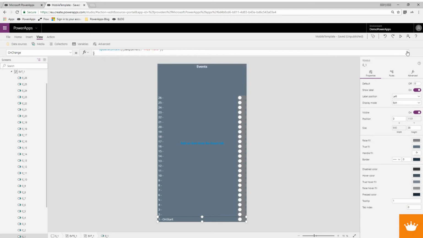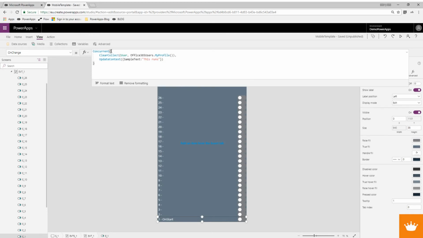Now let's change the formula. Let's look at the total formula because it's small, so we have the Concurrent function, and in the Concurrent function we should have at least two sequences of formulas. So we can say we have the first formula, then we go to the next sequence, and we can say we want to update a context variable, sample text 2, to "this runs 2", and close it. So now this is one sequence, only with different rules. So we can do more in one sequence of the Concurrent function, or in a sequence of a button at all. So let's now close this